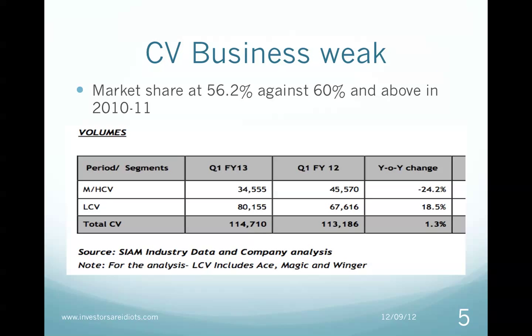The commercial vehicle business of Tata Motors is looking weak. The market share has come down to 56.2% in the first quarter 2012-13, and this market share was actually over 60% in 2010-11. Competitors like Eicher Motors are eating into Tata Motors' market share. Medium to heavy commercial vehicles are down. Sales are down on weak economic